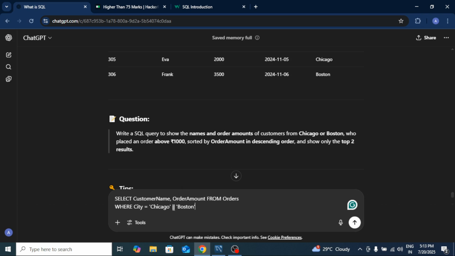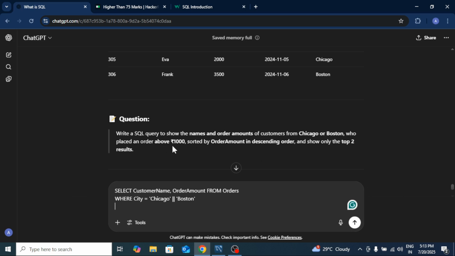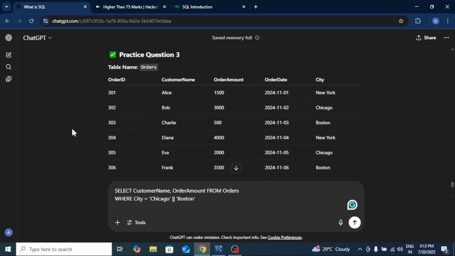Basically, what the OR condition will do is check whether Chicago is available, or check whether Boston is available. If any one of them is available, it will give that result. If both are available, it will give both. No issues. Basically, if any one is true, it will give true. So next, who placed an order above 1000? Where city is equal to Chicago or Boston, and order above 1000. So order amount is,